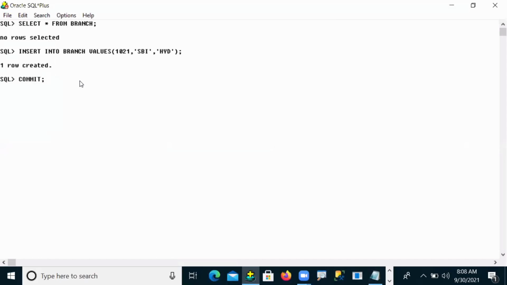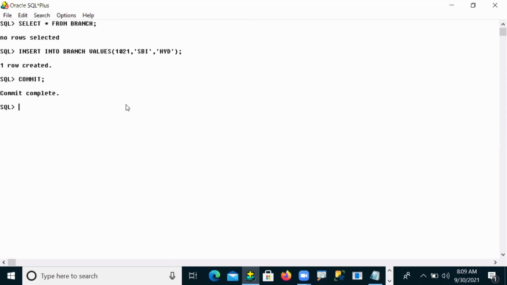So now I'm committing. By using the commit command, the programmer or user has committed. Now tell me, committed means your data is where now?